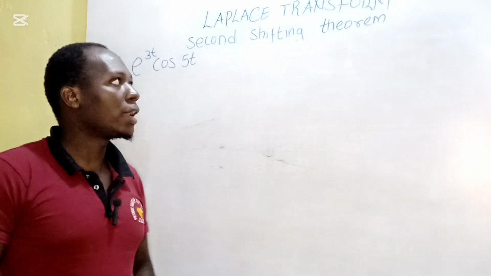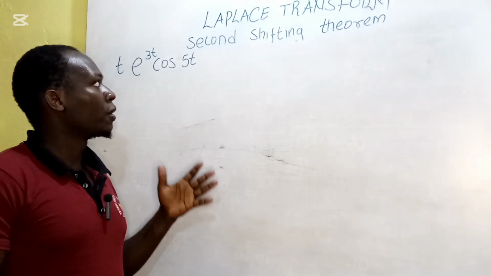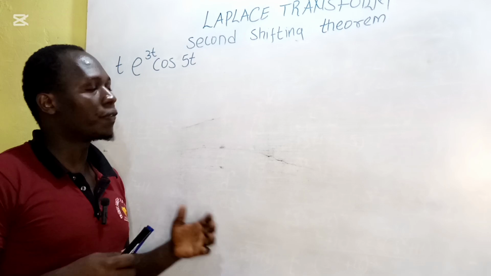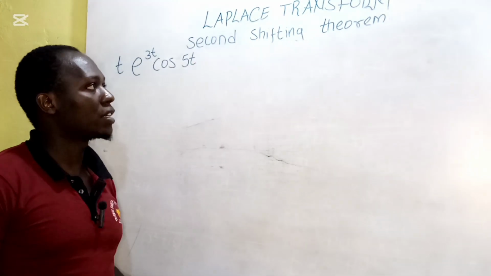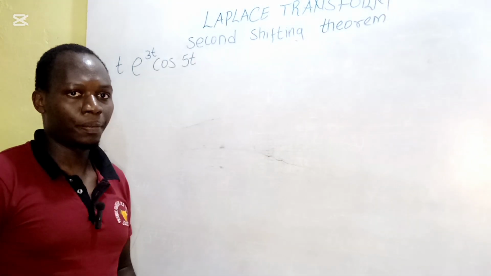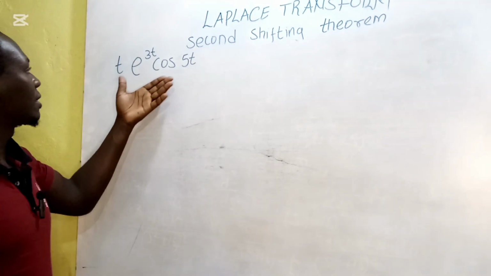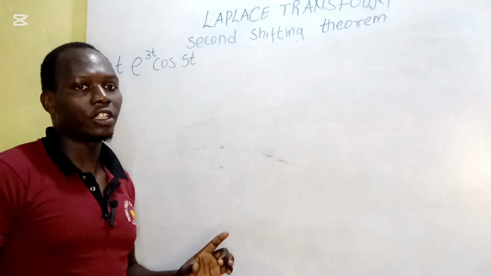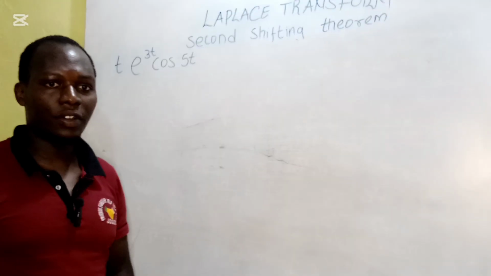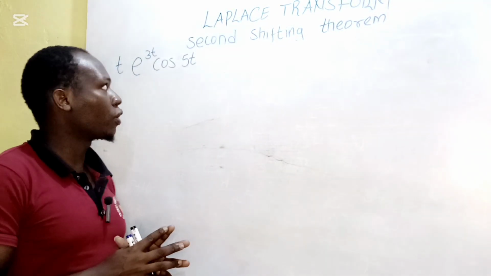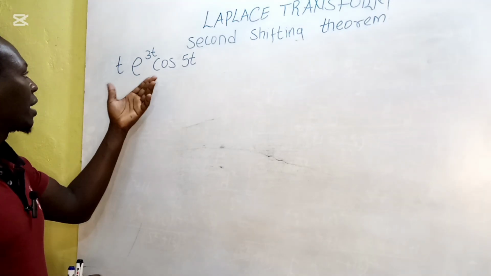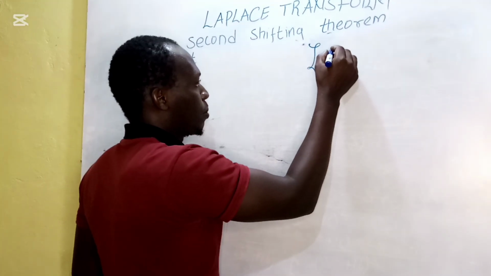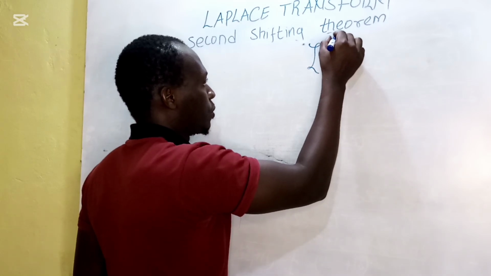This is now our last example in finding the Laplace transform using the second shift theorem. When you check this example here, it is a combination of the first shift theorem and the second shift theorem all combined together. And by the first shift theorem, we know that the Laplace transform of